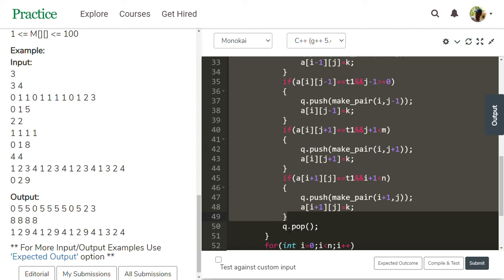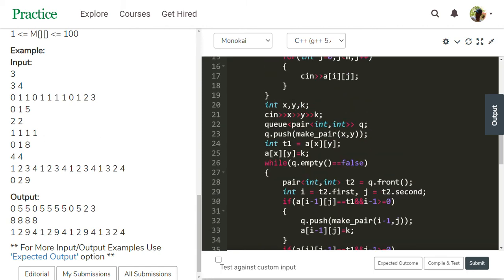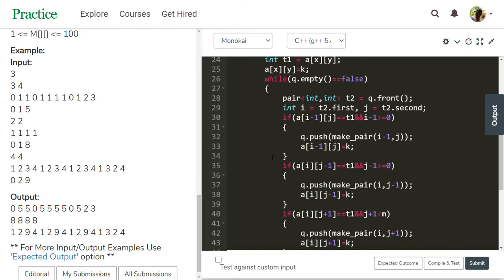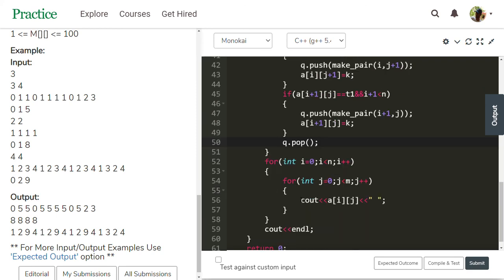So 1, 1 is popped out first, then 1, 0 is also popped out. Then the queue is empty now, and the while loop stops execution. The for loops execute over the matrix, and those four 1s are converted to four 8s. This is the output.